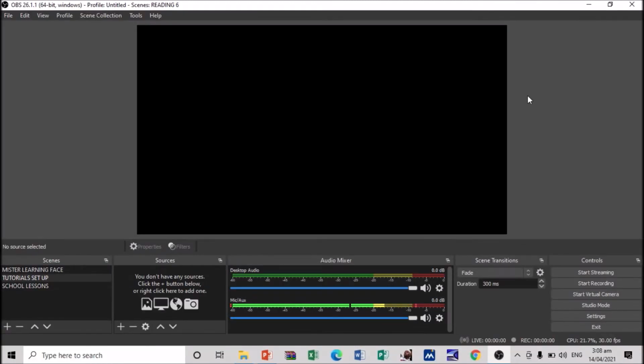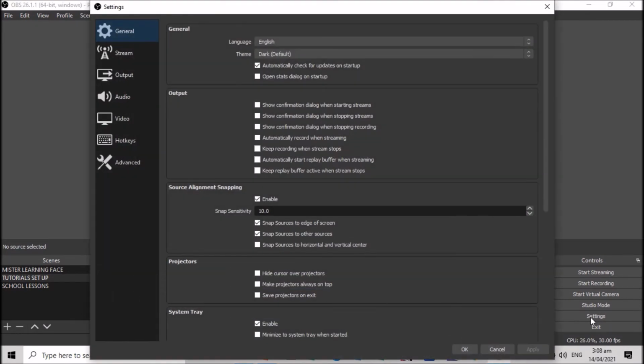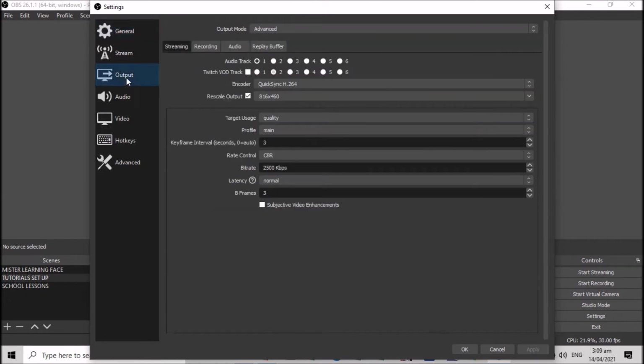Okay, my dear friends, we are now in OBS and we're just going to simply manipulate the settings, the things that we need to touch here to make our videos run smoothly or to produce outstanding videos even if you are just using a low spec PC. Proceed here in settings, my dear friends. Then there you go. Alright, the next one, the only two things that we will touch here is of course the output, the video, and the